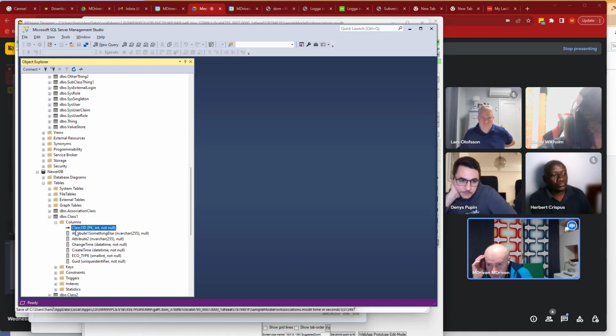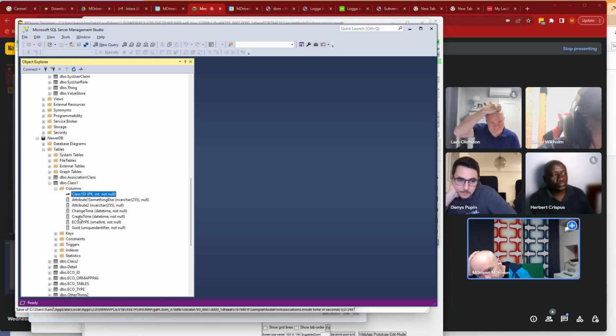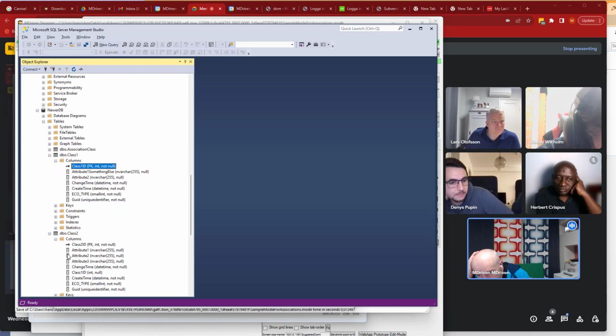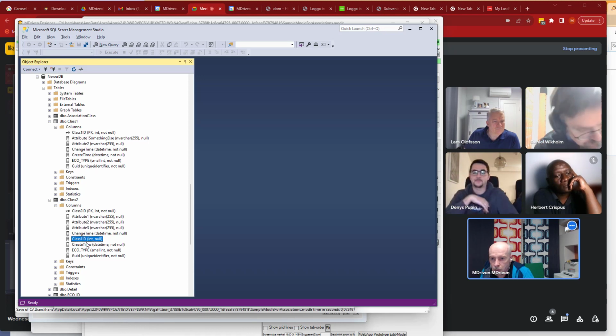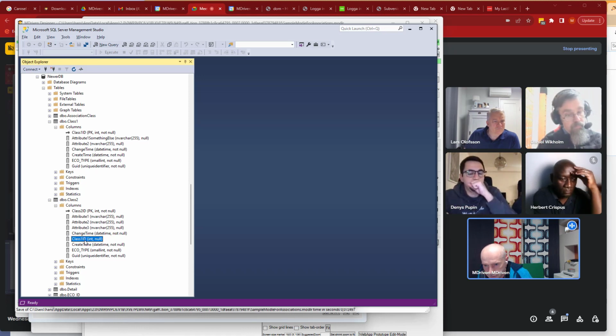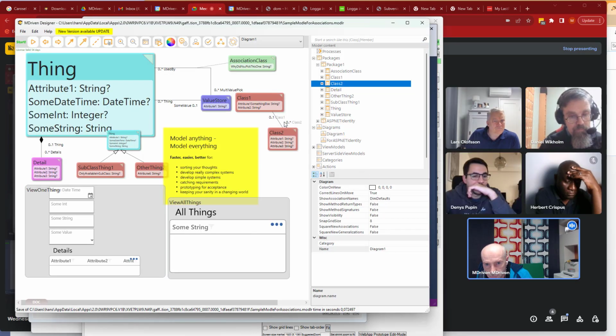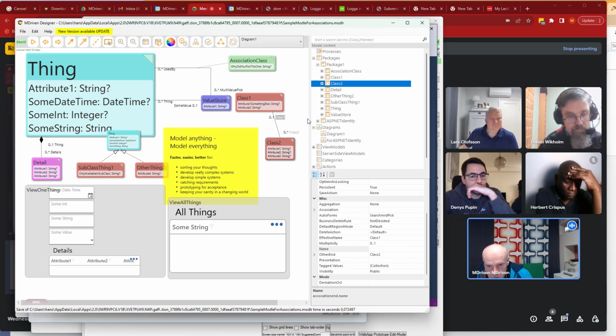not ECOIII but class 1 ID. We think that's nicer, and it's easier for everyone to understand what it refers to. Class 2 columns has a foreign key called class 1 ID, and we think that's nicer too, and it's not the class as such, it's the association name, and we can prove that by changing the association name to the